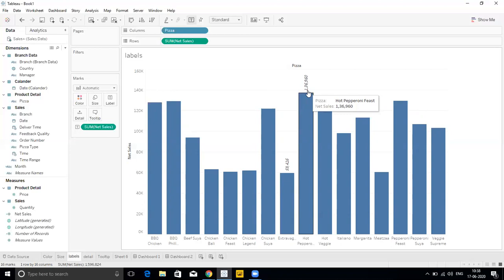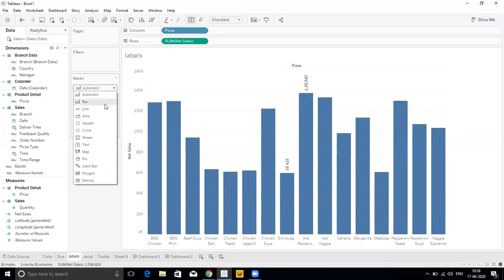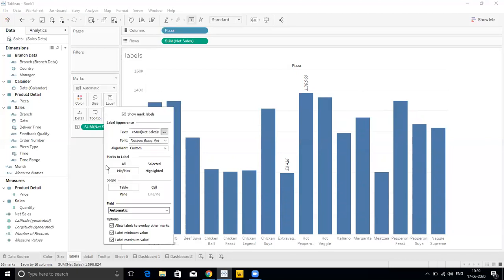We can highlight that in our visuals, not only in this column chart. Whatever visual I am taking, it can be line, area or square. This is really easy for highlighting the maximum and minimum amount on your visuals. Now if I click on highlighted, look at the use of this option.